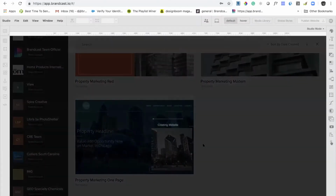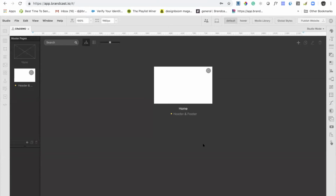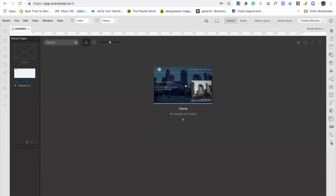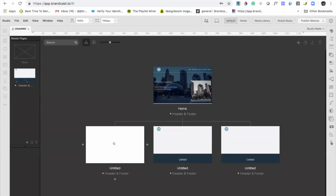Great. Now, when you deploy a template in Brandcast, you're essentially making a carbon copy and then just landing in the visual sitemap. Now, this is essentially how the website is put together. Here we have the home page, and if this website had more than one page, we would have different pages here nestled in the navigation. But I'm going to go ahead and just focus on the one page. Now, when I double click